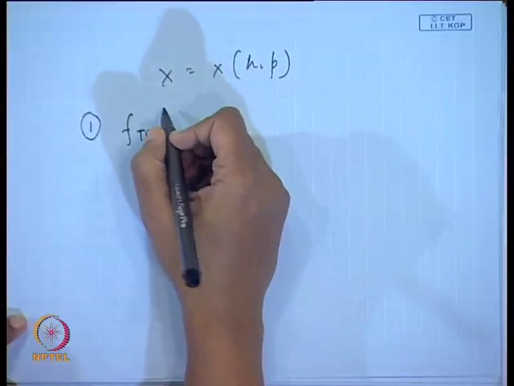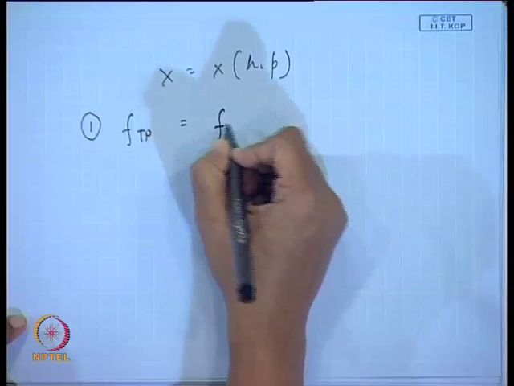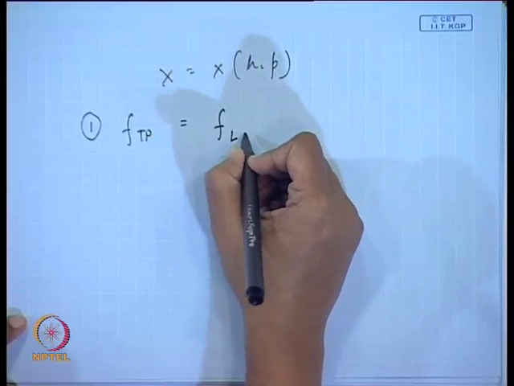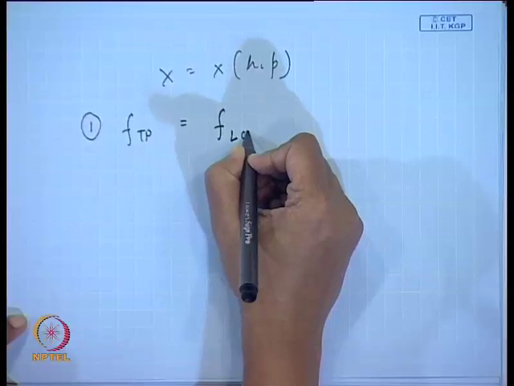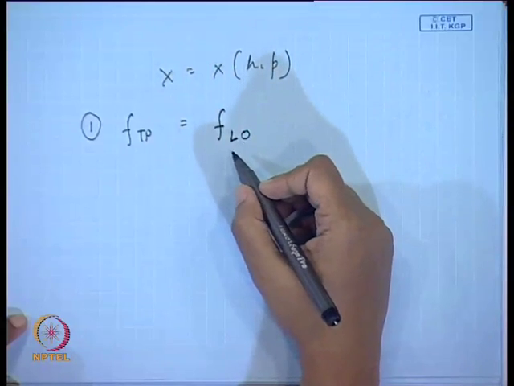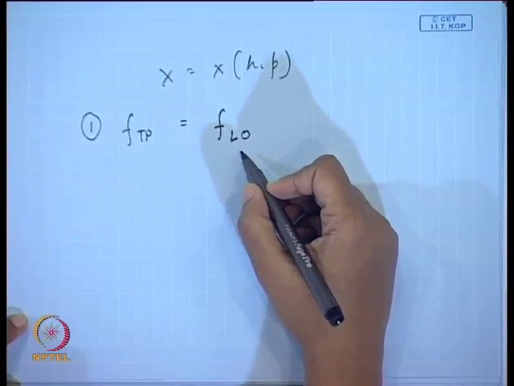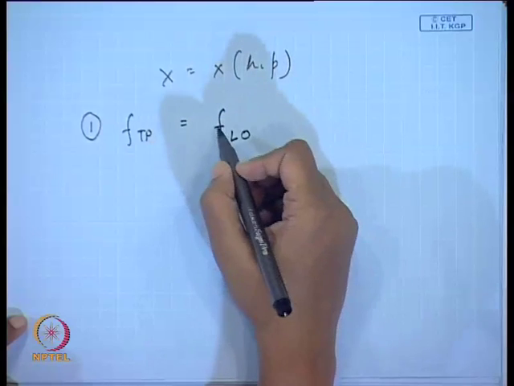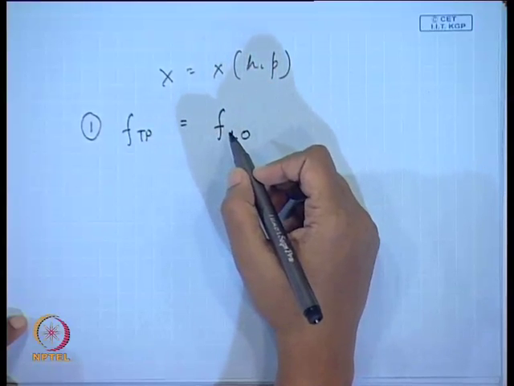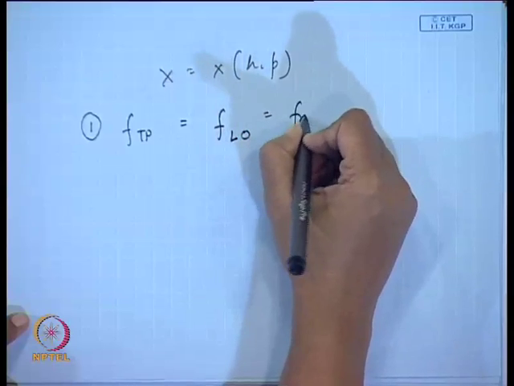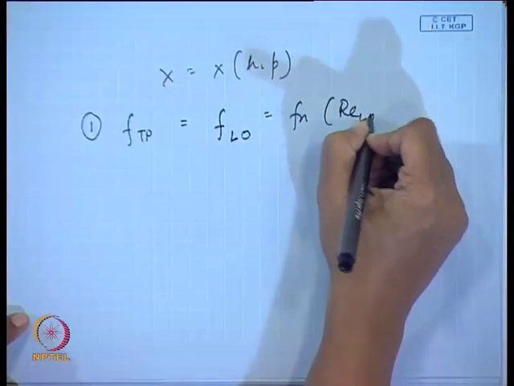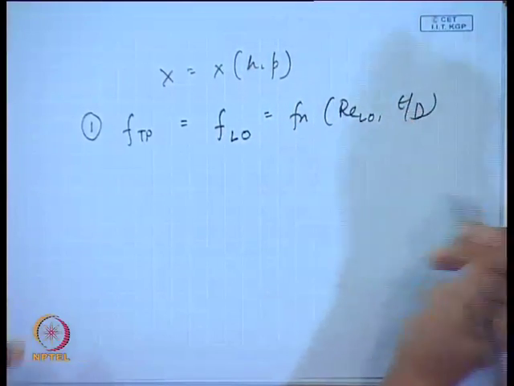So, under such circumstances we can write FTP equal to F when the entire mixture flows as liquid, or in other words we define it as FLO, or F liquid only, when the entire mixture flows as liquid. Okay. And naturally then this becomes a function of Reynolds number and of course, the roughness factor